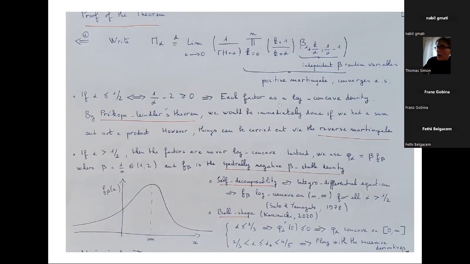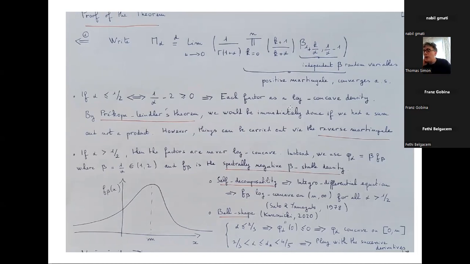As I said, we had used the same factorization in the paper with Wissam, but we derived it differently. I think that the positive martingale point of view is maybe the most direct one. So we have decomposed our random variable of interest in terms of factors which all have an explicit density, so we can analyze these densities.